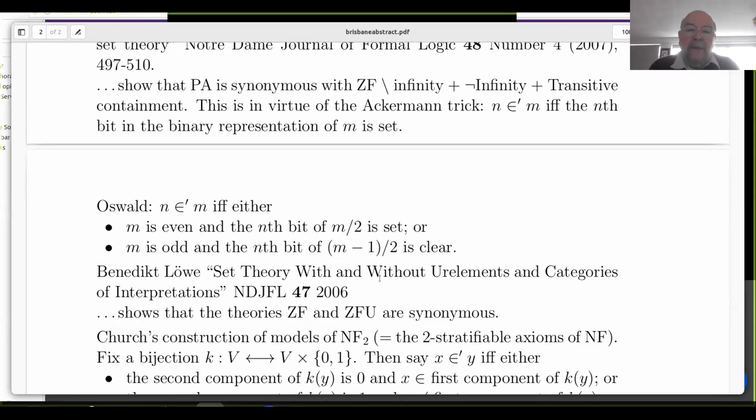Now, one question that has interested me for many years is whether the mathematics that New Foundations reports on is fundamentally different from the mathematics that ZF reports on. NF says there's a universal set and ZF says there isn't. But might this be just a presentational difference? Might it not be the case that they're really describing the same thing, in the same way that Benedikt's result says that ZF with Urelemente and ZF without Urelemente are just two different ways of describing the same mathematics?